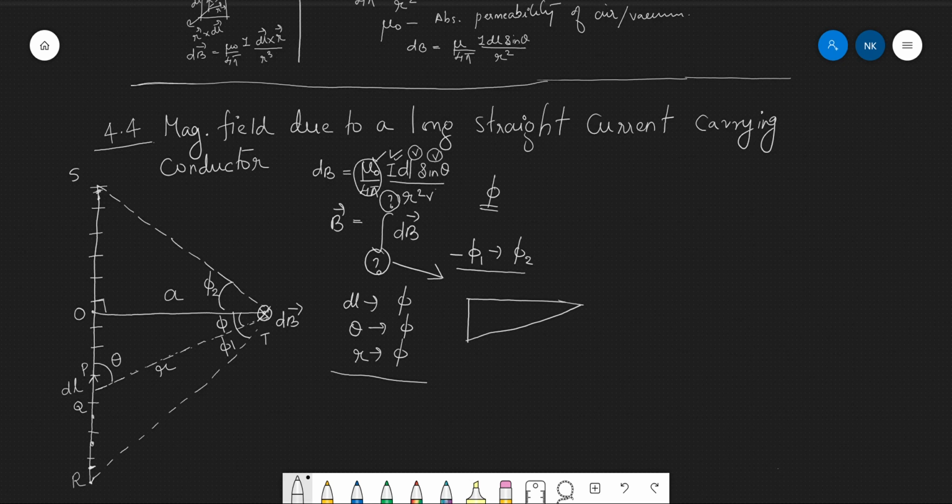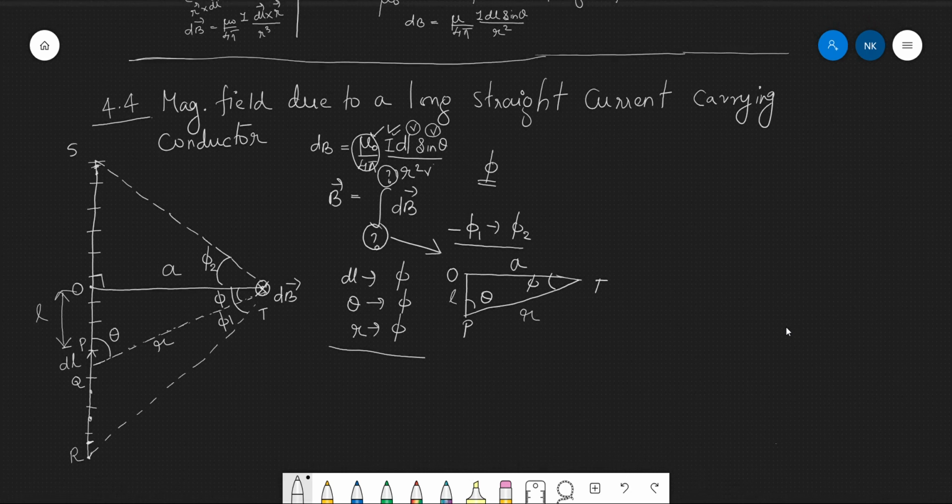This triangle. The triangle is POT. So here this angle was phi, here this angle was theta, and let this length be L. Here this length is L, here it is R, this distance is R, and here this is small letter a. So from this triangle you can see that